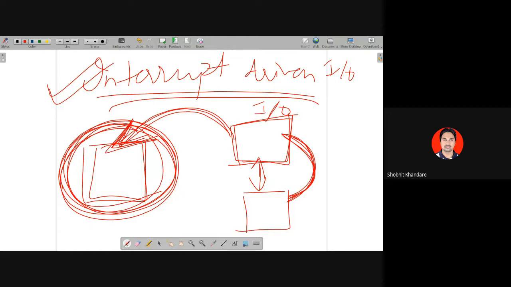This is called interrupt driven IO. The next and the last is